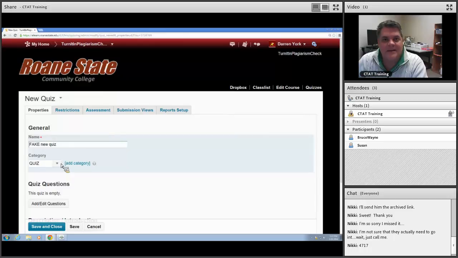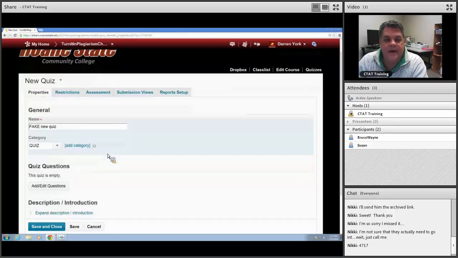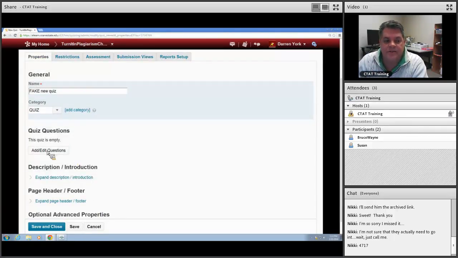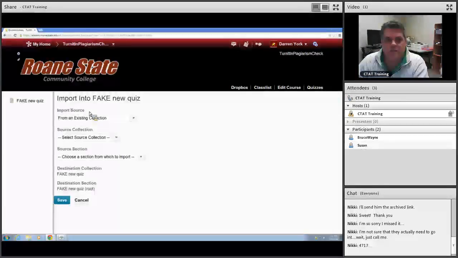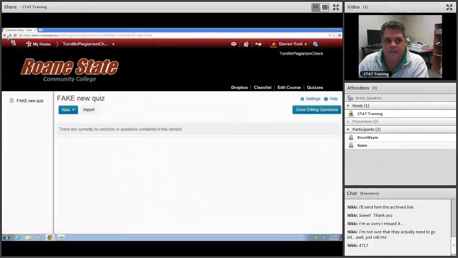The category thing is only for organization, and you should also know that that organization doesn't transfer over to the gradebook. This is just within the quiz area. And then right there, add edit questions. Add edit questions is where I literally pull in from my question library what it is that I want. So I click import, and I did that a little too fast. Let me slow down. Right here we have import,